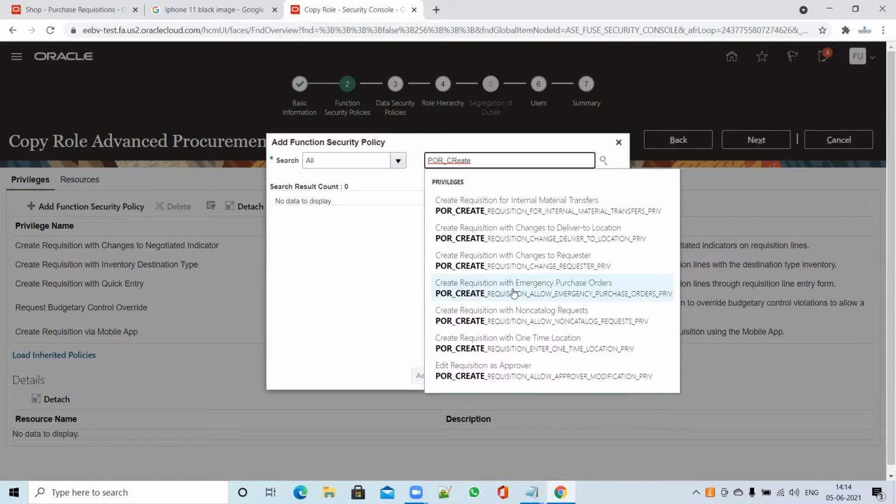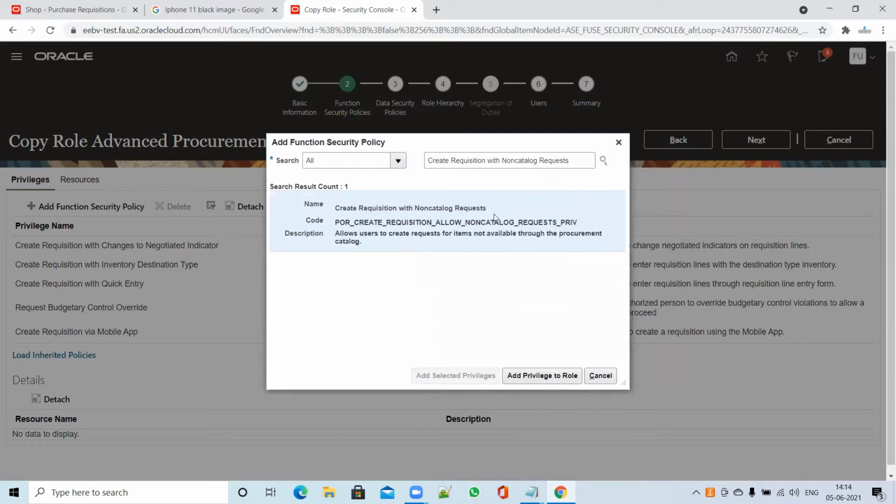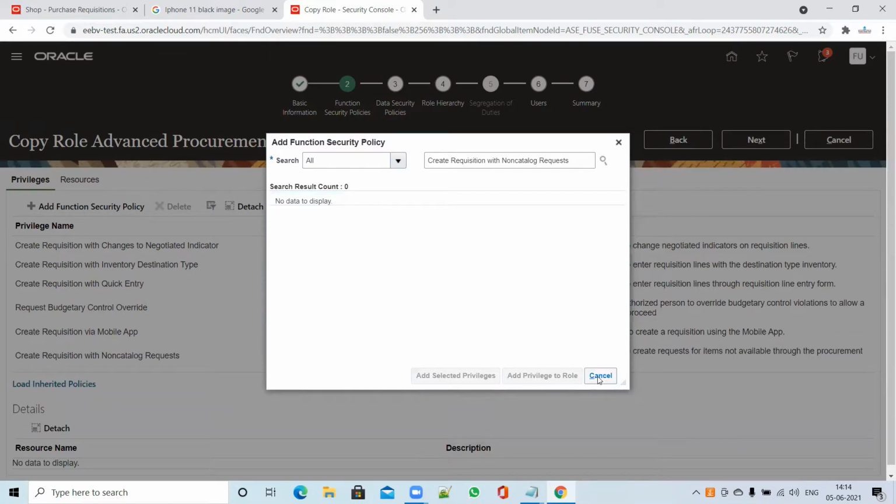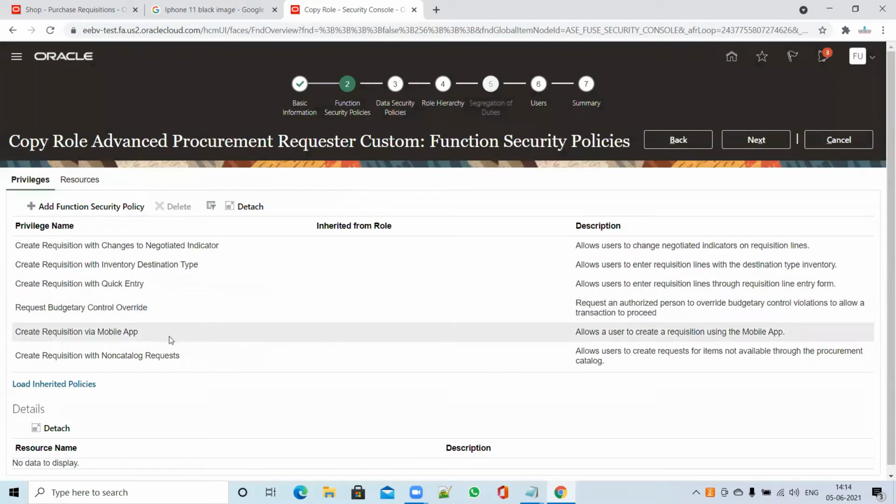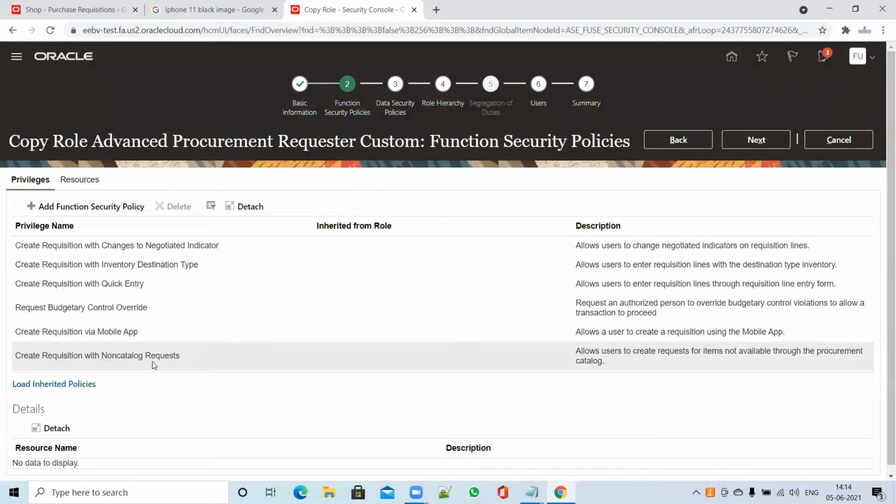If you want requisition with emergency purchase order, you have to add this privilege. If you want create requisition with non-catalog request, as I mentioned, you have to add this. Currently, the Fusion mobile application supports two functionalities: you can create the request as well as the non-catalog request.